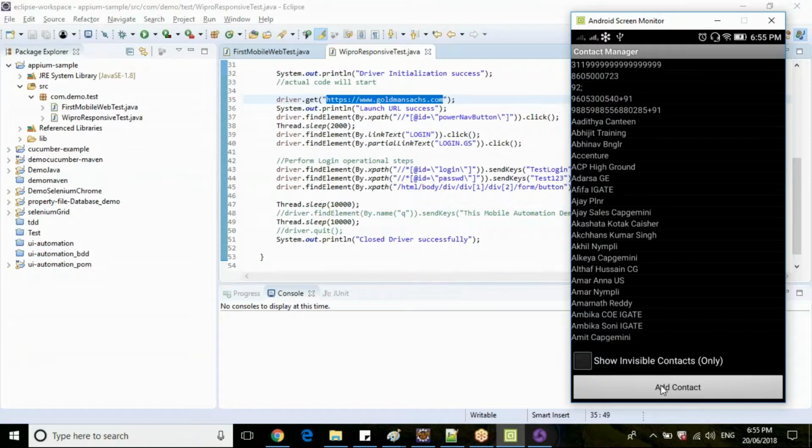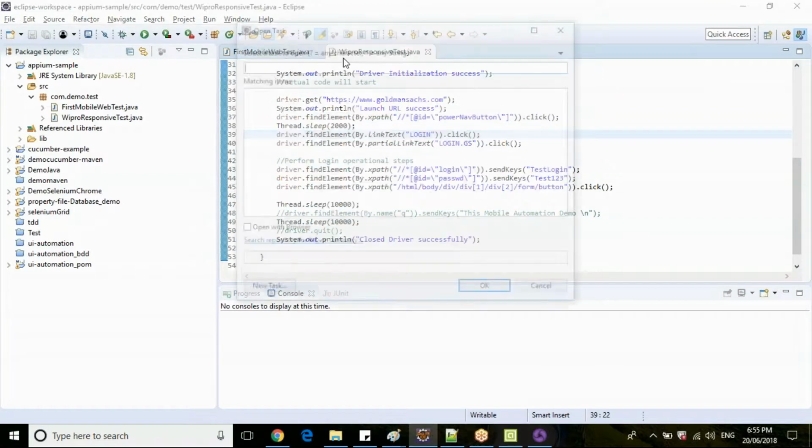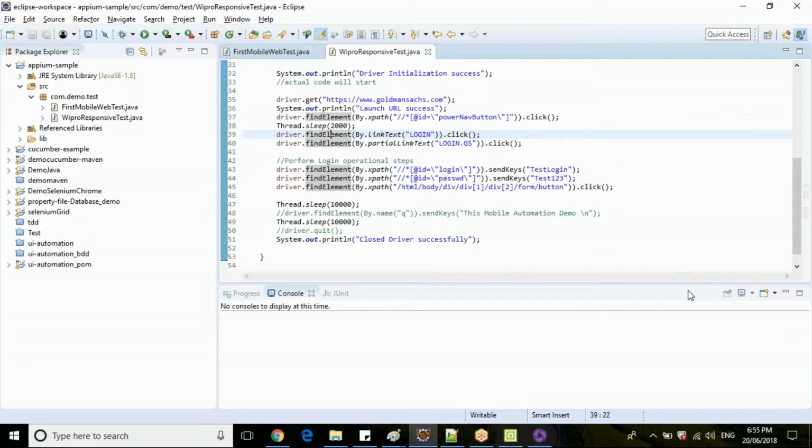Yesterday we discussed how to identify the elements for your native applications. Yeah, taking a screenshot, correct? So how do you do that? You use some tool, right?